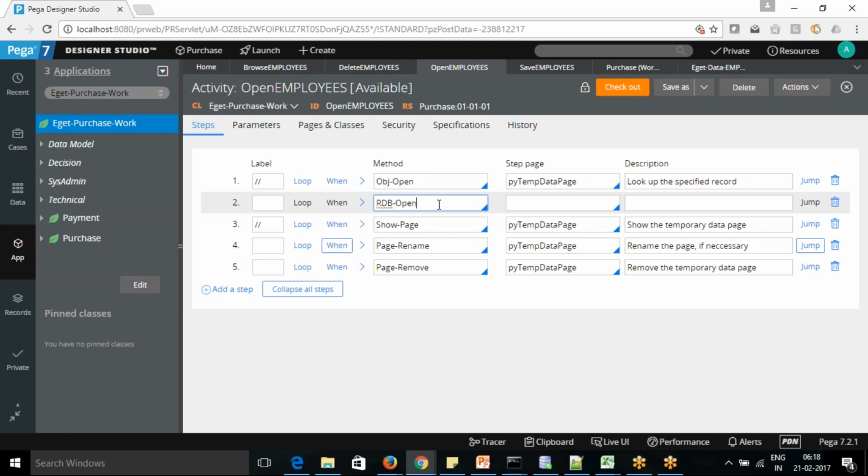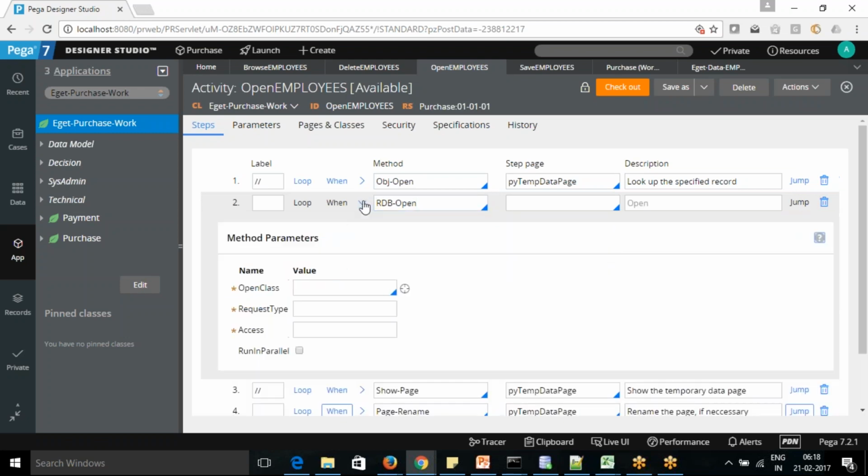So the purpose is the same. The only thing is that RDB can be used only with an external database. It cannot be used with an internal database. If there is a join with multiple tables, you can write it in query format. But with the OBJ method, you cannot write a join. So here you need to write